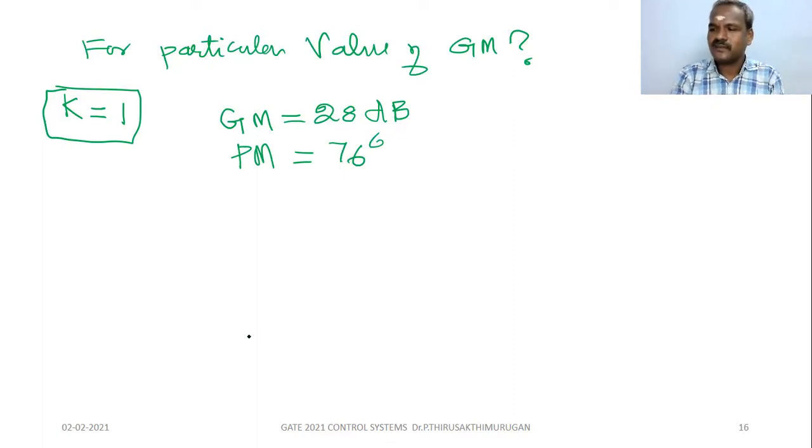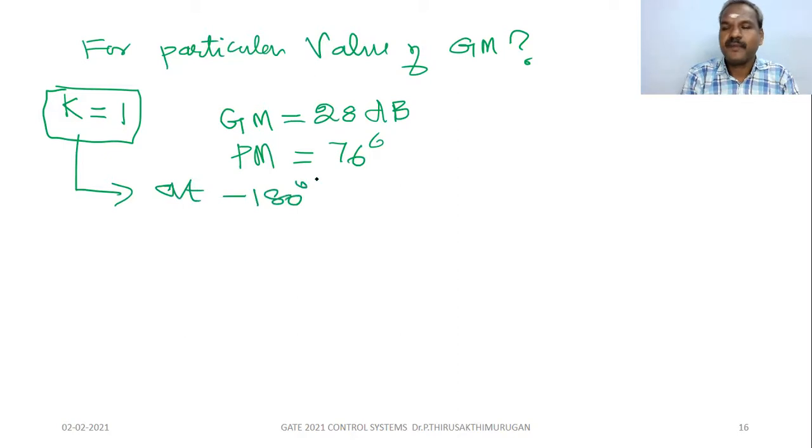What is the gain margin with K equal to 1? It cuts at minus 180 degrees. When K equals 1, you have to find where it cuts at minus 180 degrees. At that point, consider the gain value as GB. That is, when K equals 1, at minus 180 degrees, where it cuts, suppose it cuts at the value, you consider that value as